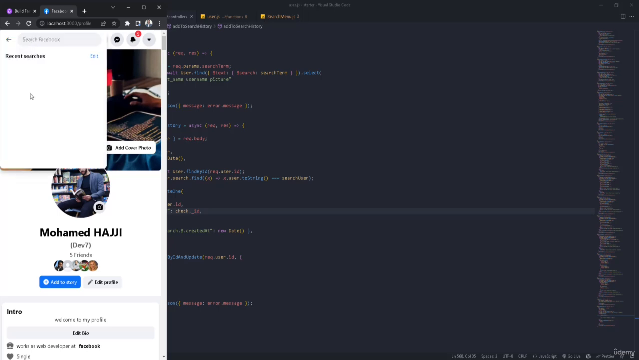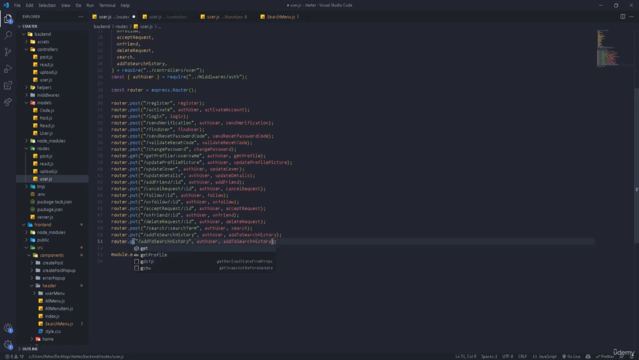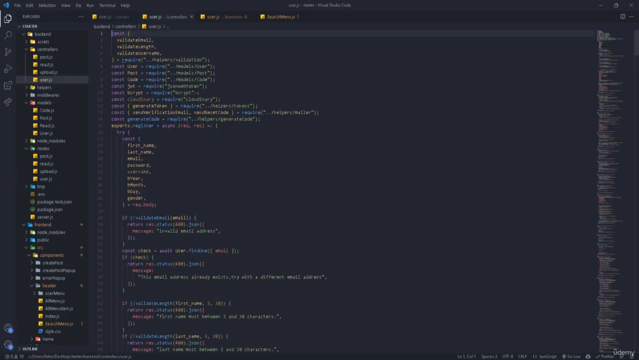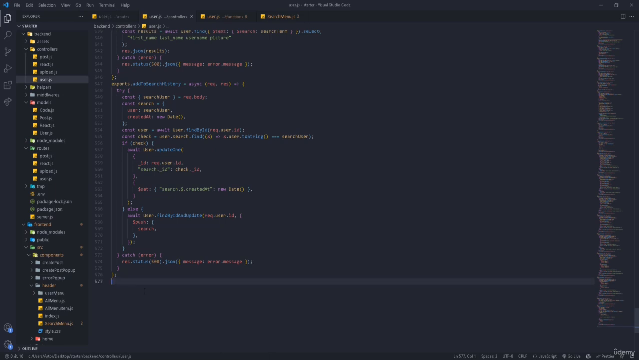Now let's display the list of the search history. So we're gonna start from the backend as usual, the route. Let me go right here. This is gonna be a GET request. This is gonna be GET search history. Take that, add it right here, import it, go back right here, scroll to the end, and then, okay, that's